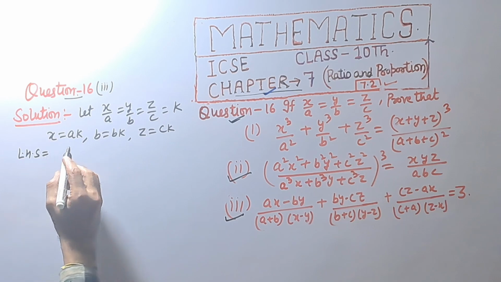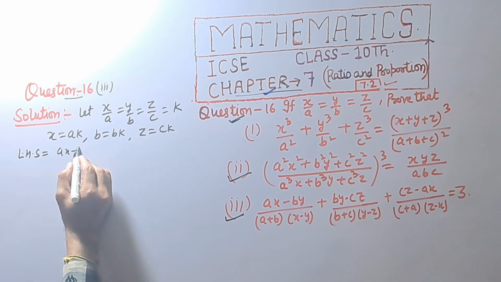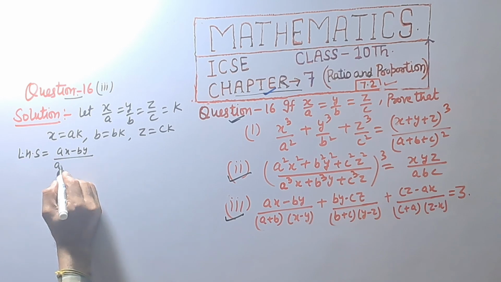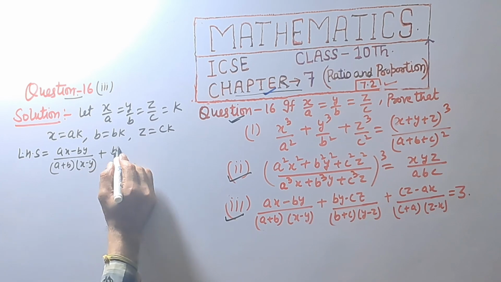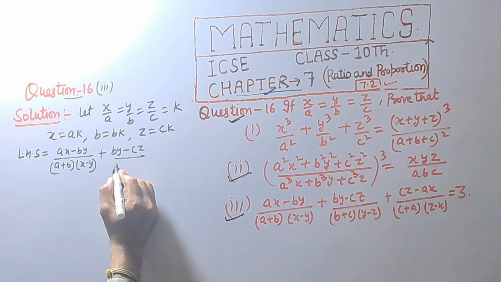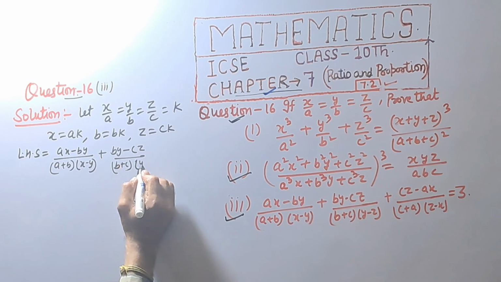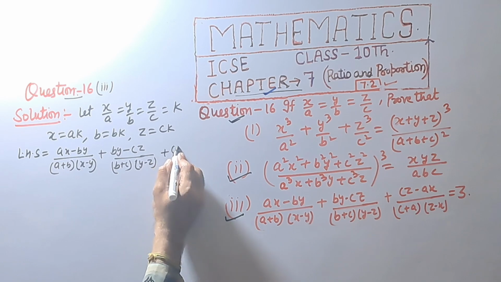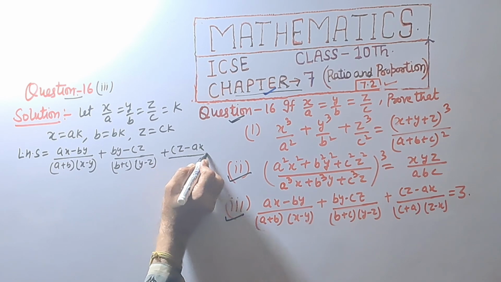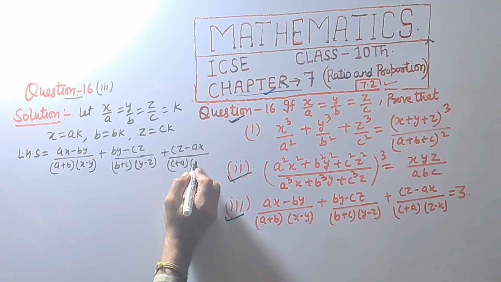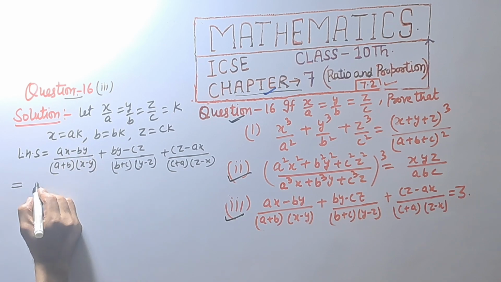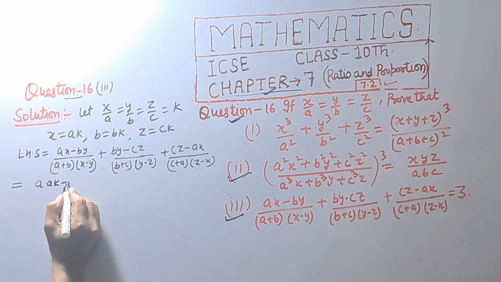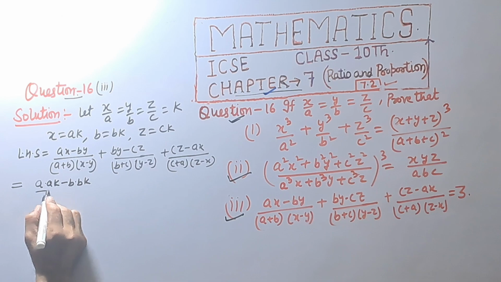Left hand side is equal to ax minus by upon a plus b into x minus y, plus by minus cz upon b plus c into y minus z, plus cz minus ax is equal to c plus a into z minus x, that is equal to, x is ak, a into ak minus b into bk divided by